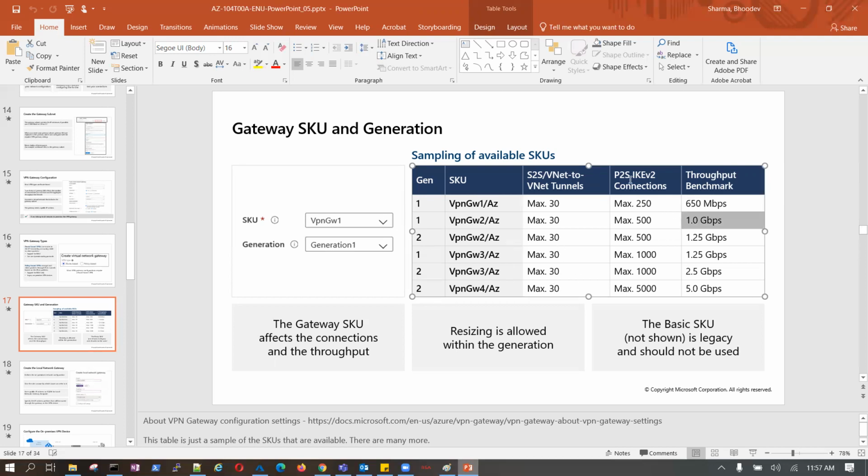But let's say your concurrent connections are going to 1000. If connections are a priority and speed is not, then go with VPN GW3. If you need more speed, then VPN GW3 is the second option.